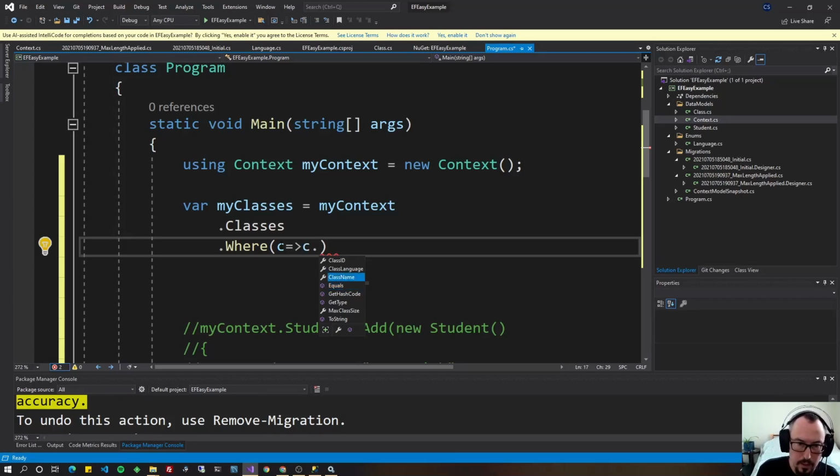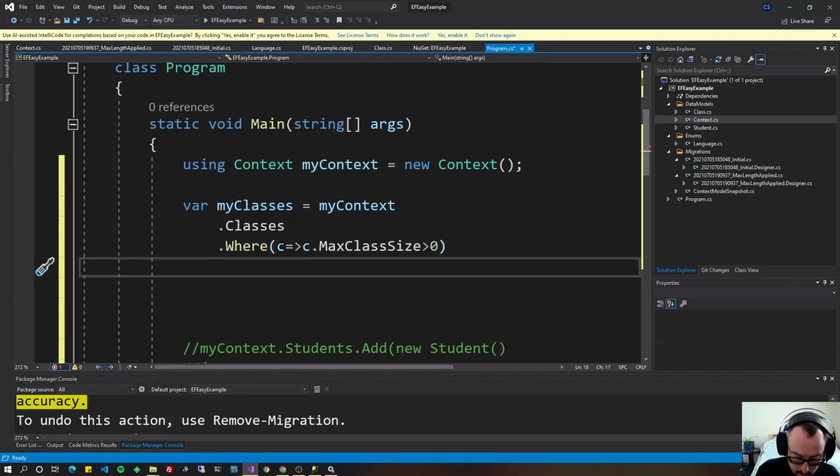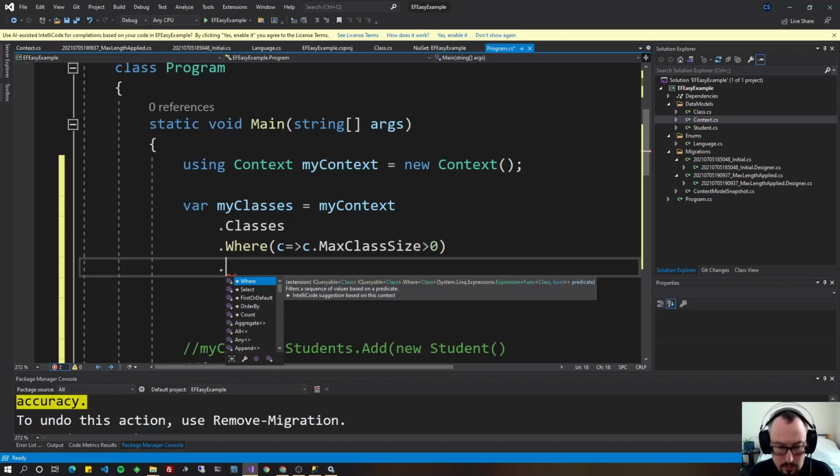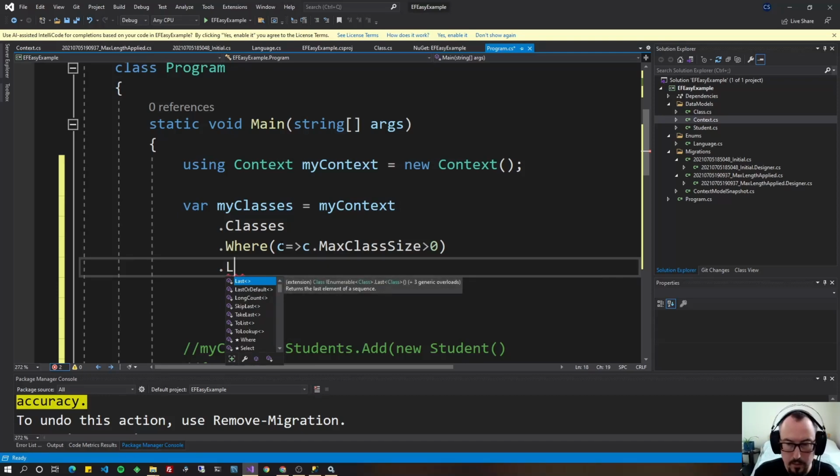So let's say we wanted to get the class where, you could do myClassNames contains c.ClassName, if you had a list of class names you want to compare against, anything you want to do here. Why don't we just say we want to get everything where the max class size is greater than 0. That's going to give us all the classes in the results. And then we're going to go ahead and get the result into a list because it is LINQ. It's lazy because it's LINQ. It won't be evaluated right away unless we either do something with it or move it to a list. So we'll do ToList,